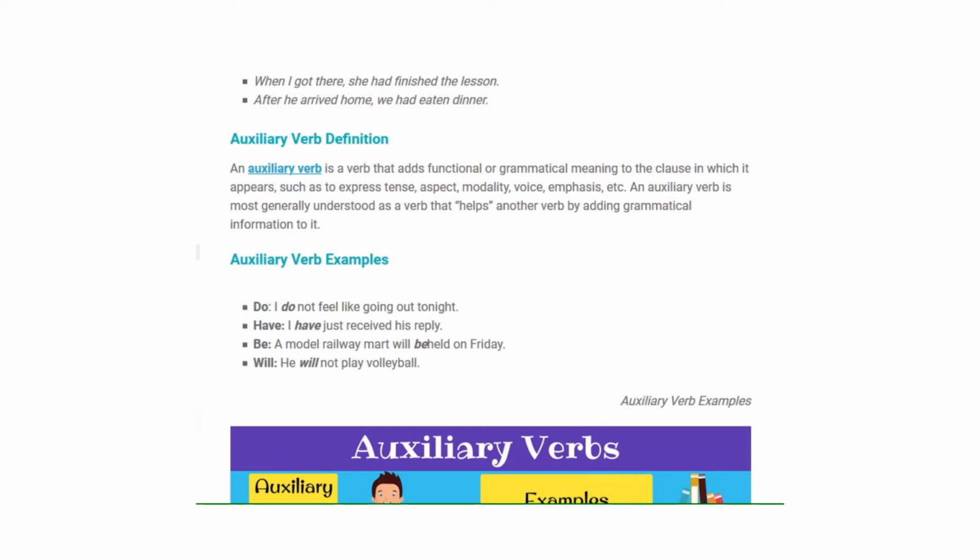So, what's an auxiliary verb? It is a verb that adds functional or grammatical meaning to the clause in which it appears, such as to express tense, aspect, modality, voice, emphasis. An auxiliary verb is most generally understood as a verb that helps another verb by adding grammatical information to it. So,